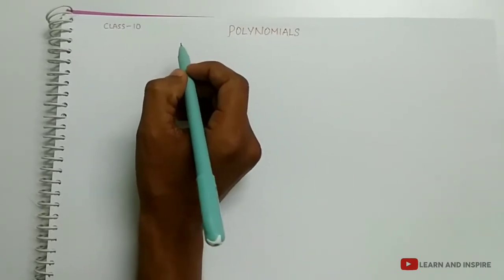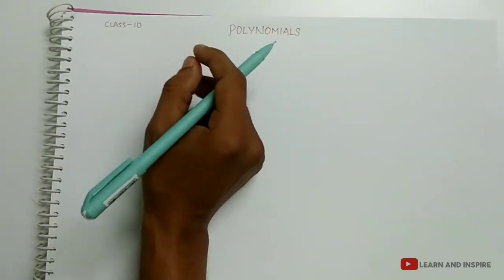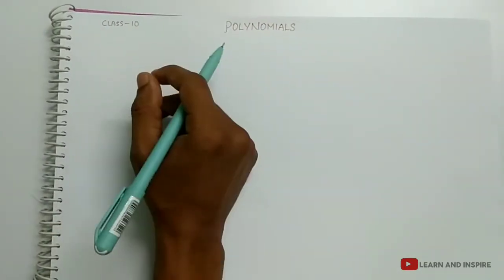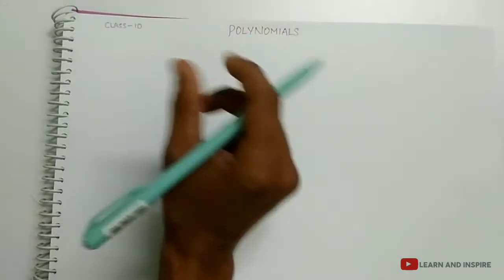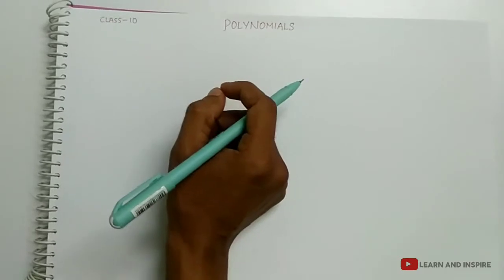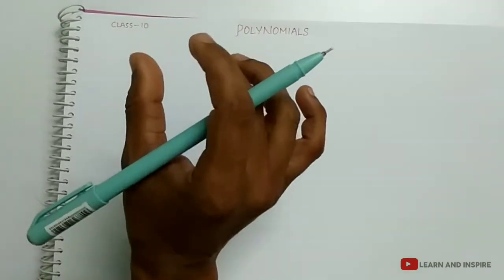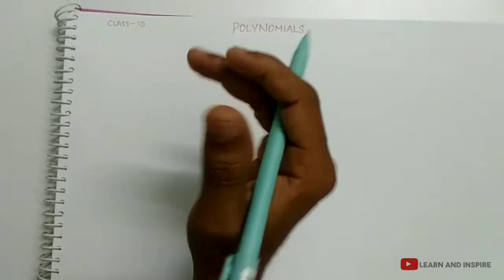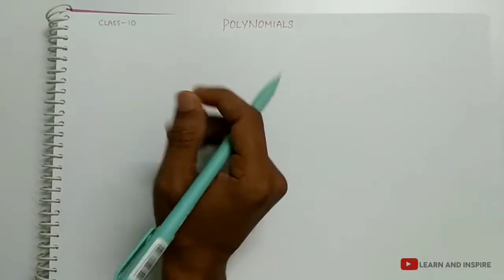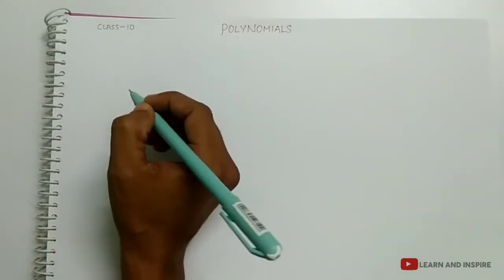In this video we shall discuss chapter 3 of class 10 mathematics. This topic is already discussed in class 9, and a few more topics are to be learned in this chapter. So in this session, first we discuss the key concepts of this chapter. After that we can discuss the introduction part and a few more topics. Now before starting the introduction, let us discuss the key concepts.